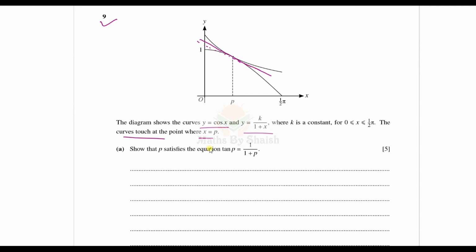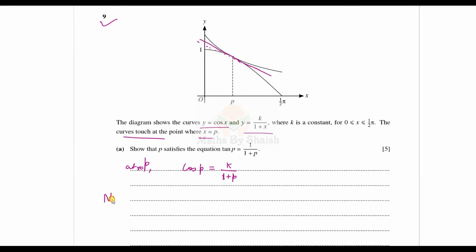So at P, cos p is equal to k over 1 plus p, because both the curves are coinciding at that place where x is equal to p. So we can write x is equal to small p. And now